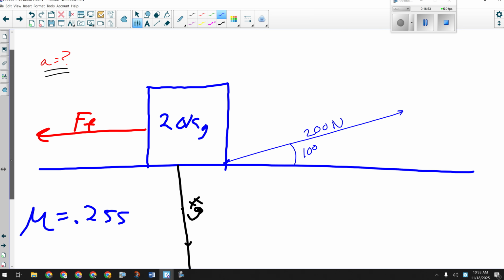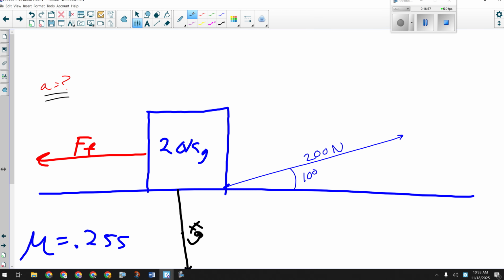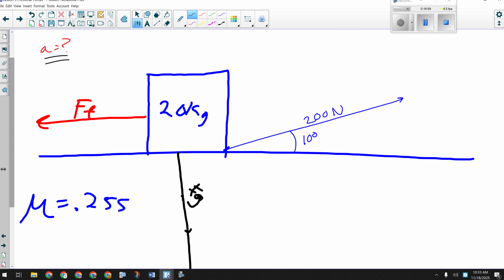Can we calculate the force of gravity pretty easy? Yeah. Okay, so force of gravity is just going to be m times g. So that'll be 20 times 9.81. This is going to be 196.2 newtons. Okay, can't calculate the force of friction yet, but it's a mistake people will make on a question